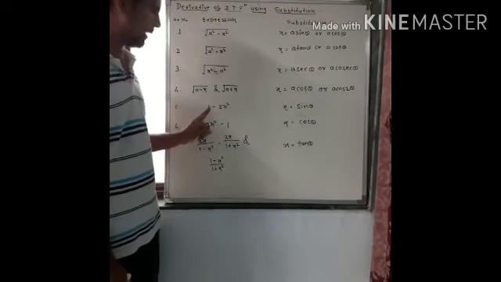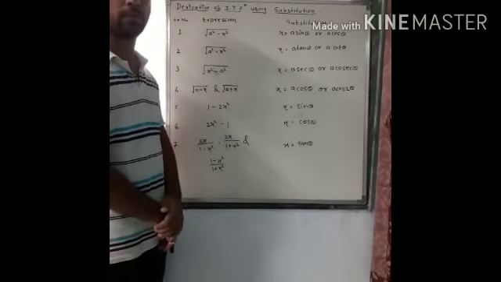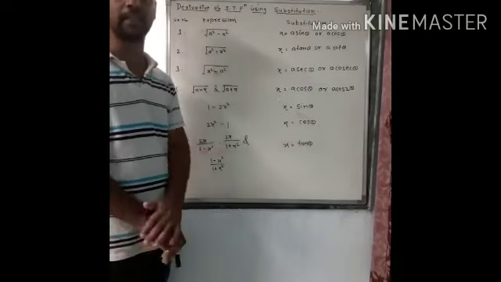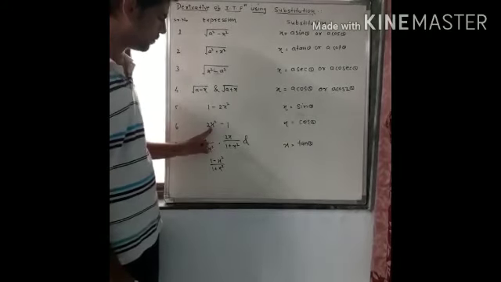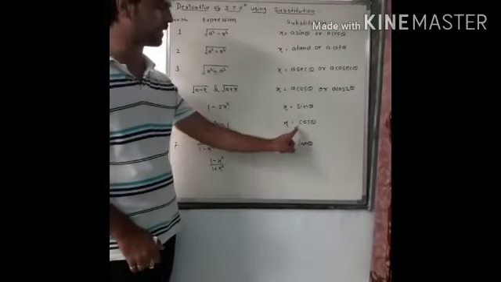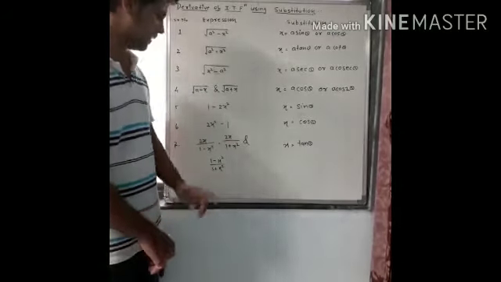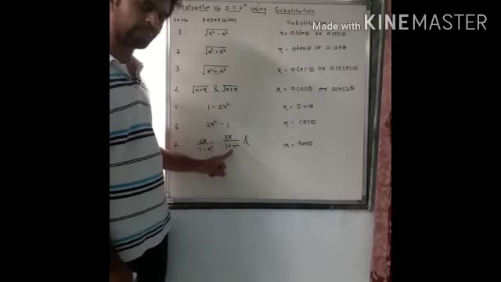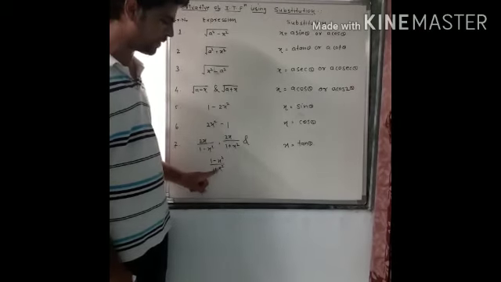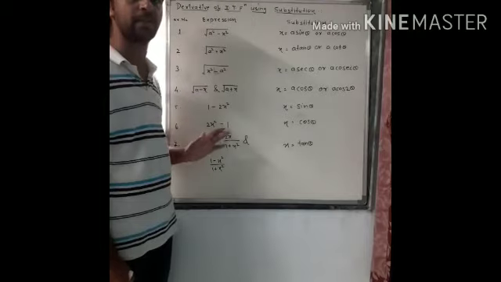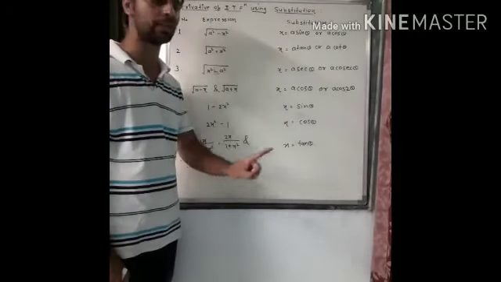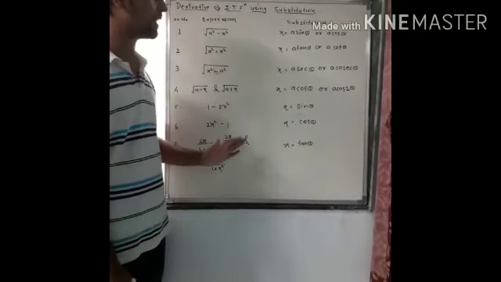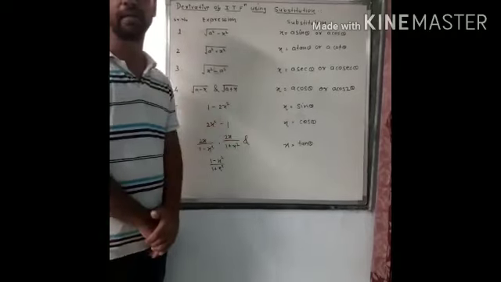Next, when we have 1 minus 2x square, its substitution is x equal to sin theta. Okay. When we have 2x square minus 1, its substitution is x equal to cos theta. When we have 2x upon 1 minus x square, 2x upon 1 plus x square, or 1 minus x square upon 1 plus x square, for all these three expressions, we use only one substitution, that is x equal to tan theta. Okay, so this is the chart of expressions and their corresponding substitutions.